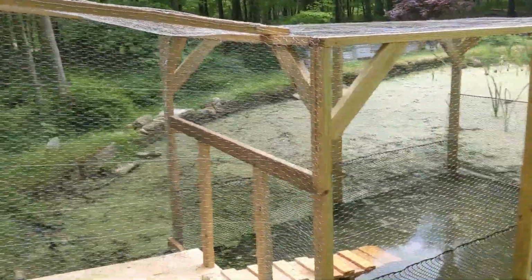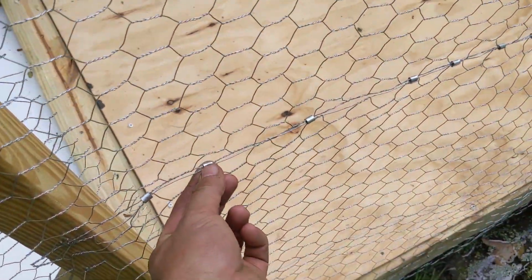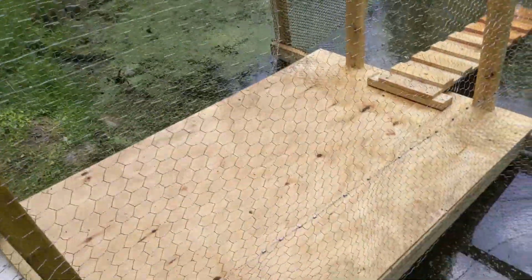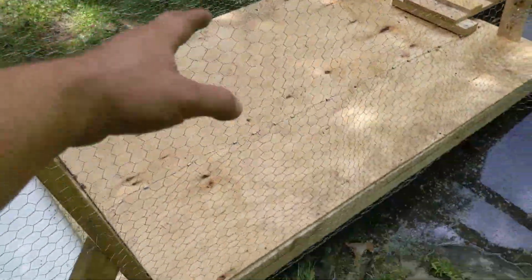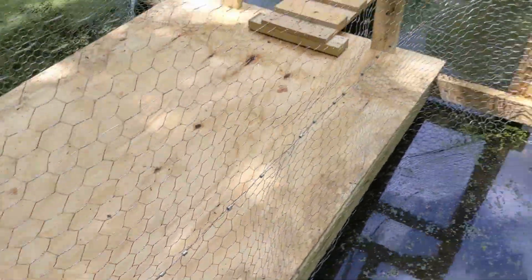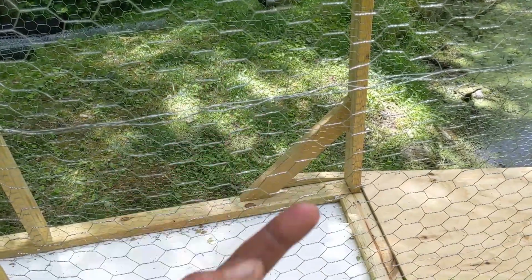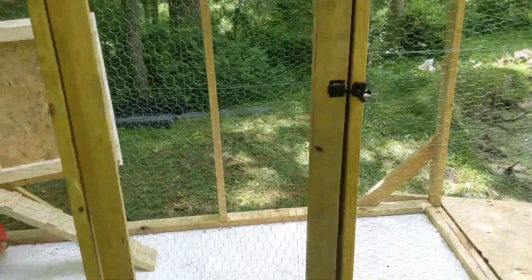And so another thing, a lifesaver in this scenario are these little rabbit clips. Love that. Because wire has also gotten way more expensive too. So this right here is 2 sections. A 2-foot section of chicken wire and a 4-foot section so that we have 6-foot total height. And just connecting it with these little rabbit clips makes it so much easier. I actually ran out, so I had to use some wire right here. When you buy chicken wire, it comes with this little wire that's wrapped all the way around it. So if you have 2 sections, you can kind of just thread this through to connect the sections, but a little more of a pain in the neck. But anyway,